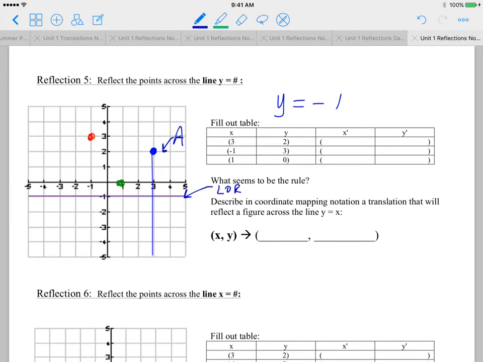Okay, so from positive 2, did I mess that up? No, we're good. Positive 2 to negative 1, that's 3 units. So if this length of my segment is 3 units, then the bottom length of my segment needs to be 3 units. So from negative 1, 1, 2, 3,